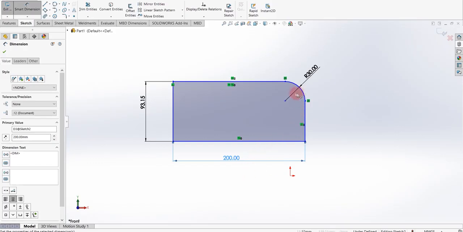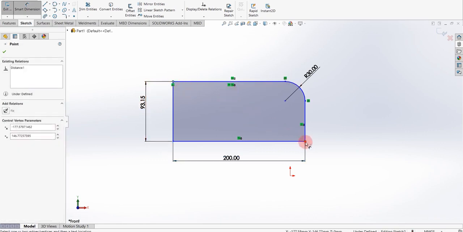When I'm selecting cross points, as you can see, the software automatically selects inclined distance. I don't want inclined, I just want horizontal or vertical.